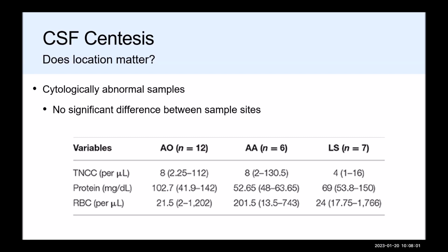So a research team led by Dr. Furr compared cytologic findings from Sarcocystis neurona titers and CSF taken from the C1, C2 and the LS space. They found what was confirmed in the previously quoted study: fluid from the lumbosacral space absolutely has more protein in it. However, they found no significant difference in the EPM titer values, though notably, none of the horses in this study actually had EPM. And so it's uncertain if you're going to get,